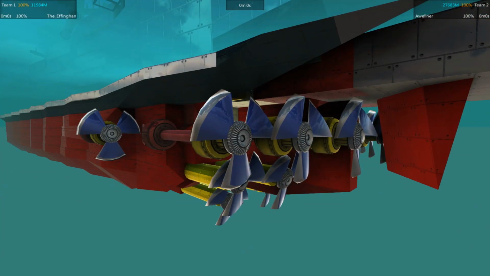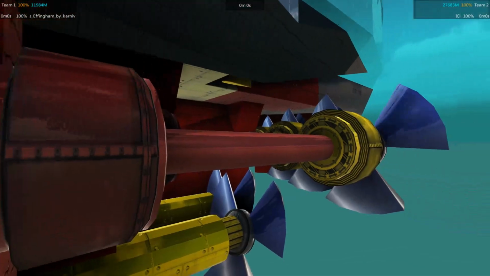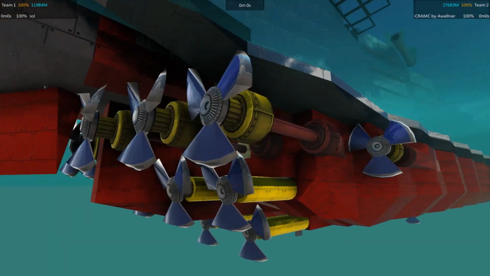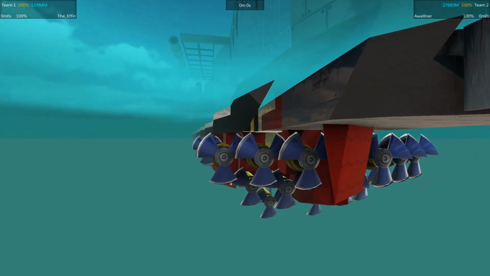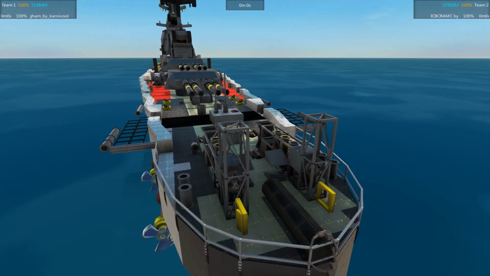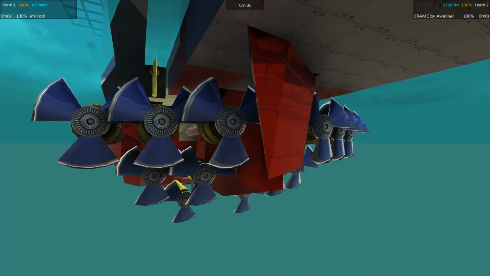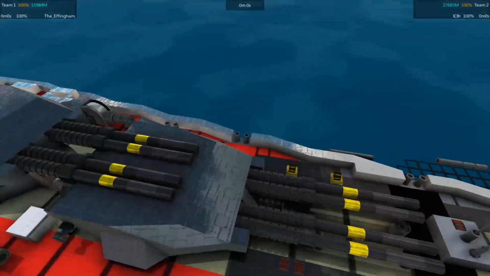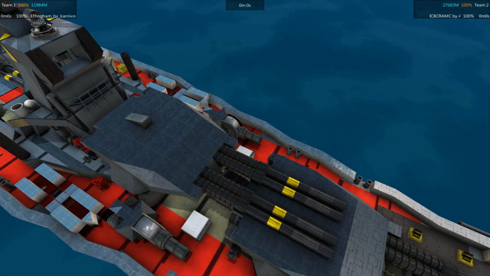And then we got the props down here, which are on little shafts and whatnot. You know, this big old battery of them, because they're just not as effective as they should be, really. Looks like there's also a large rudder there, so that's cool. Looks like it is armed with...